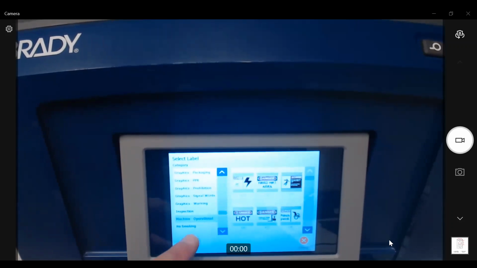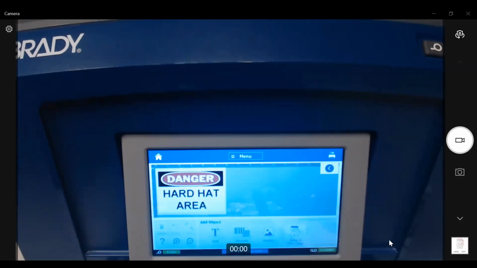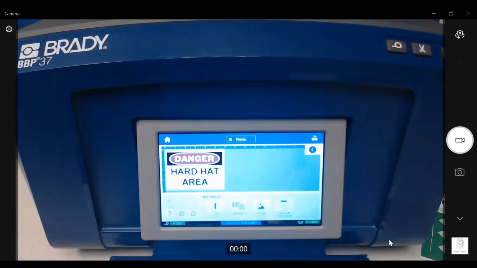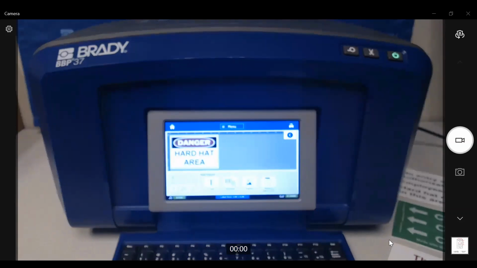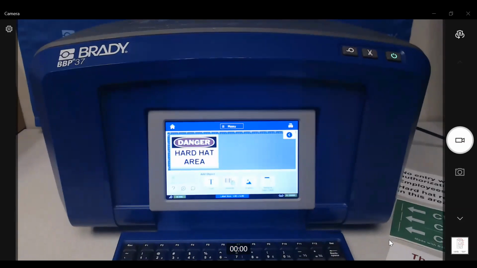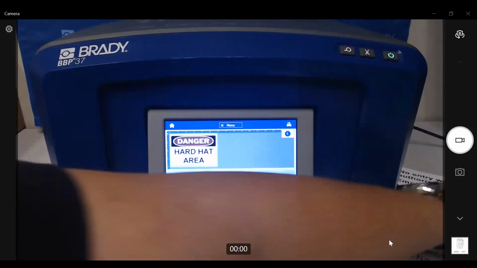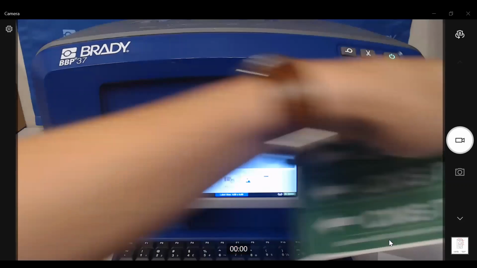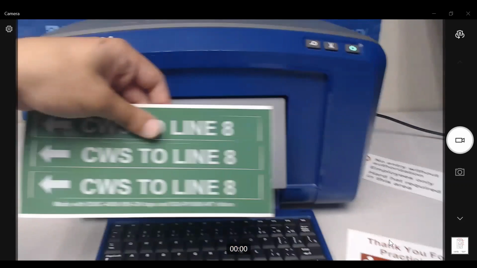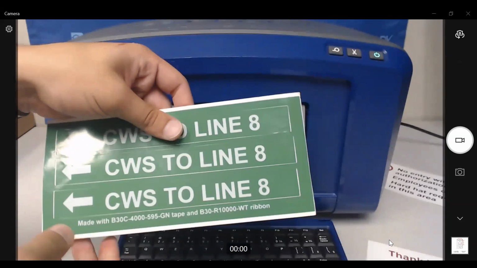All can be created extremely easily and at the touch of your finger. Our printers do have an internal memory as well, so as you're creating these labels, anything that you've created in the past you can save. And as some examples I have here to show you,